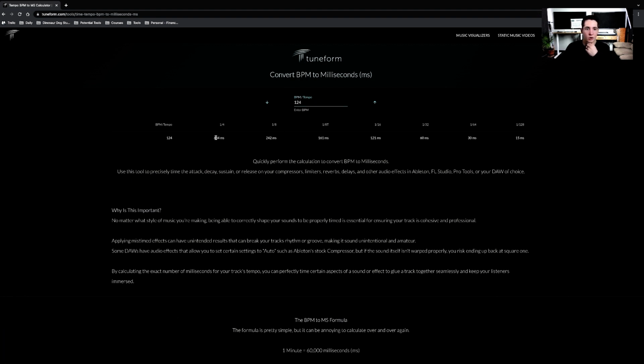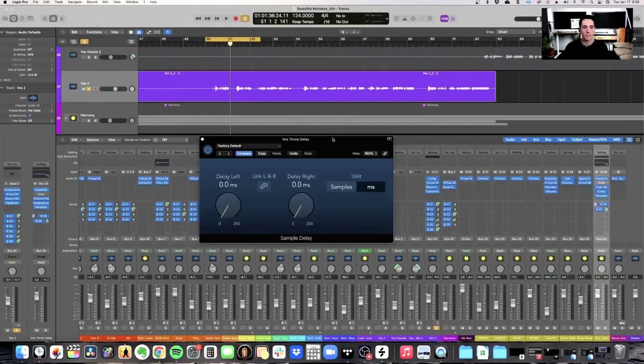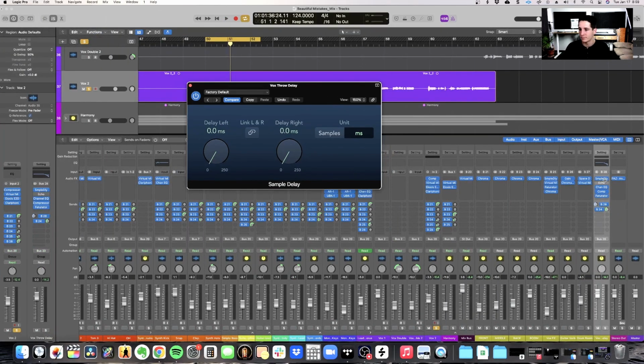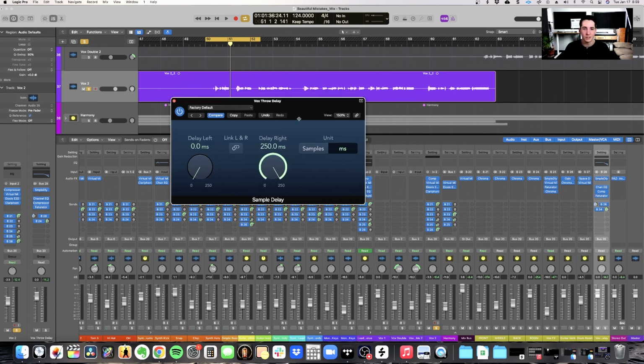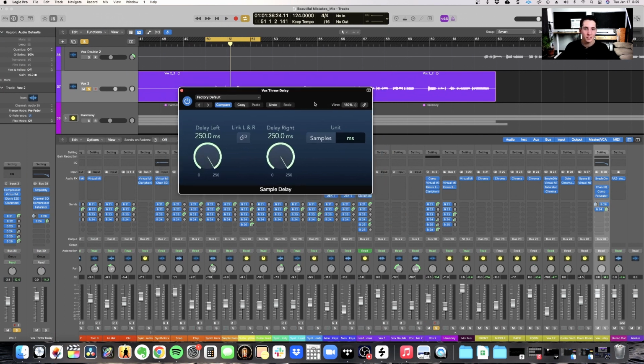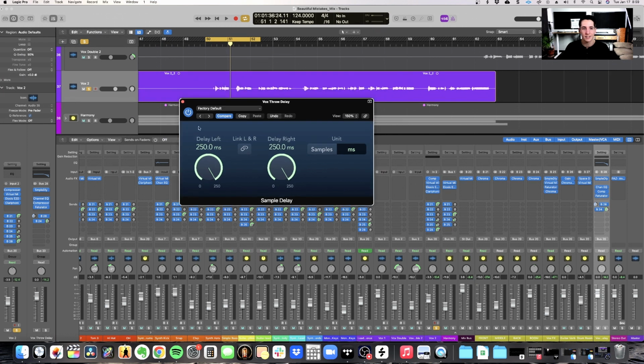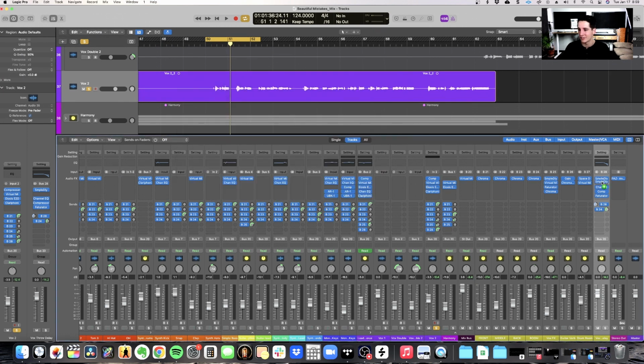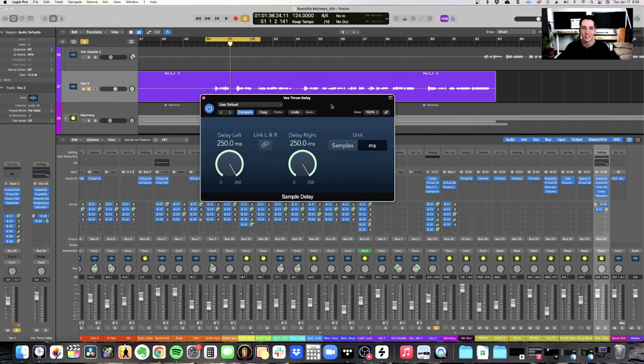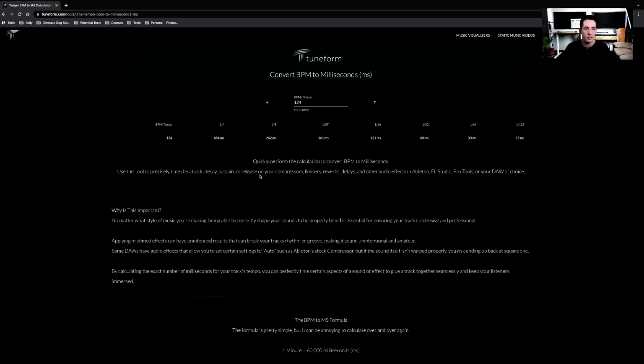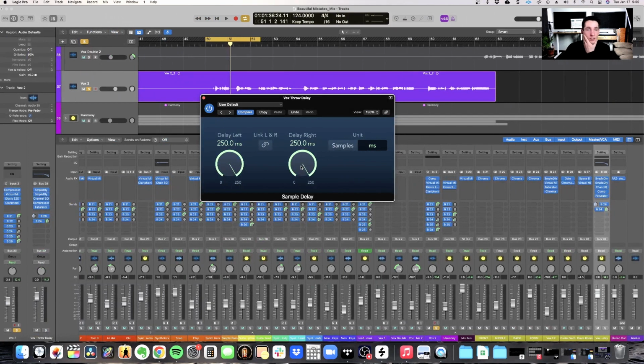So let's see, a quarter note is 484 milliseconds. So that's going to be our goal here. We're going to remove the echo. Unfortunately, this only goes up to 250. So what I'm going to do is 250 on both sides, and then add another one. So now we have 500 milliseconds on both sides being delayed. We want 484. So let's see, that's 16 less. So that would be